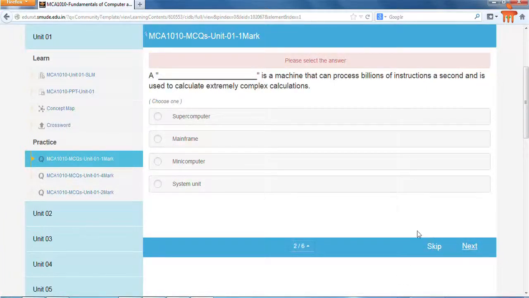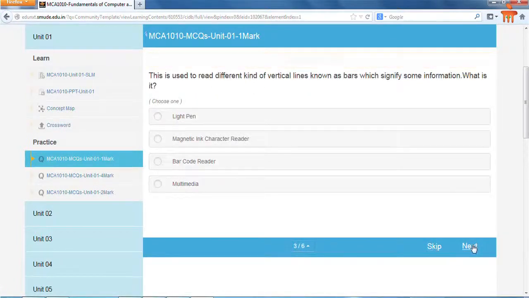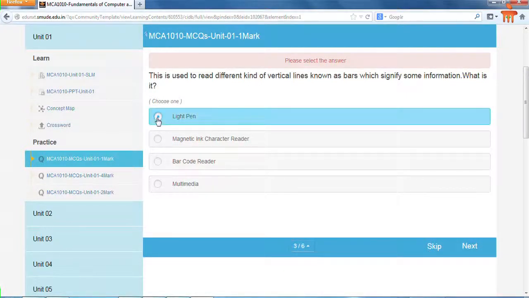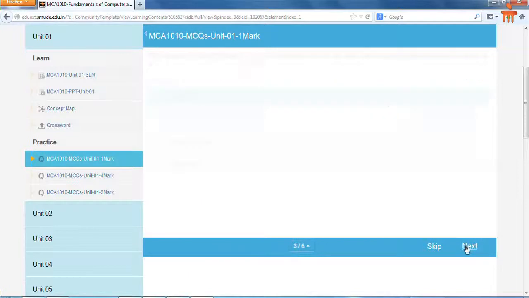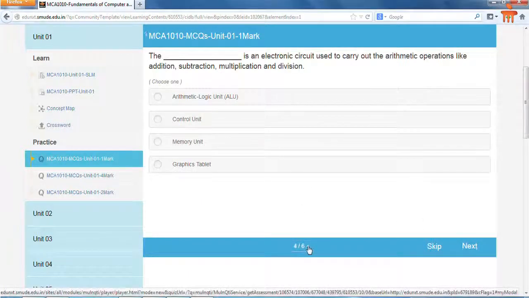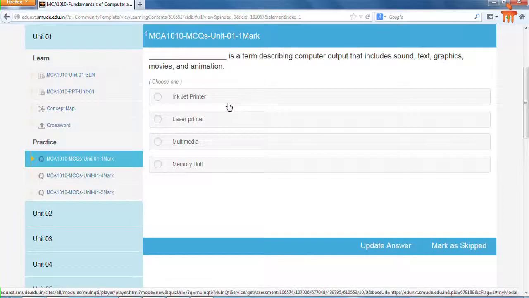Supposing I want to go to the next question without even answering this question, it will not be possible. You can see that. What's the display? It says please select the answer. You need to either select the answer or skip. So I give skip again and then go to the next question. You can choose to answer the third question first, and then go to the first question. To come back to the first question, you can again jump to the first question. Can you see that? It is again showing that you had marked it as skipped.